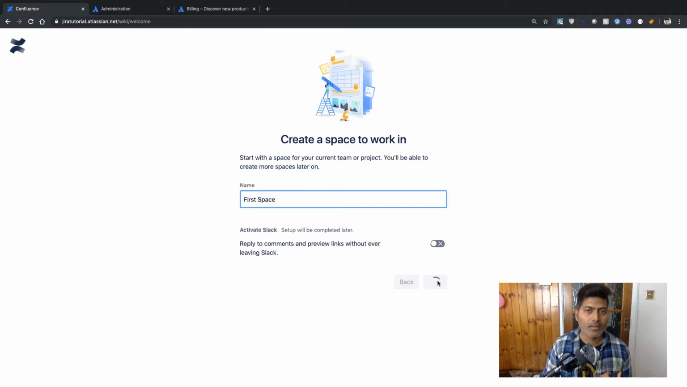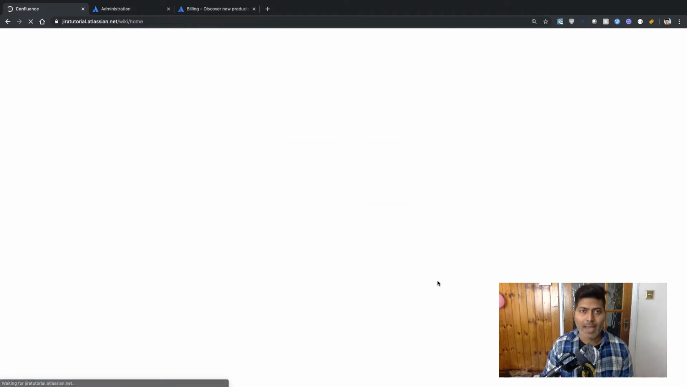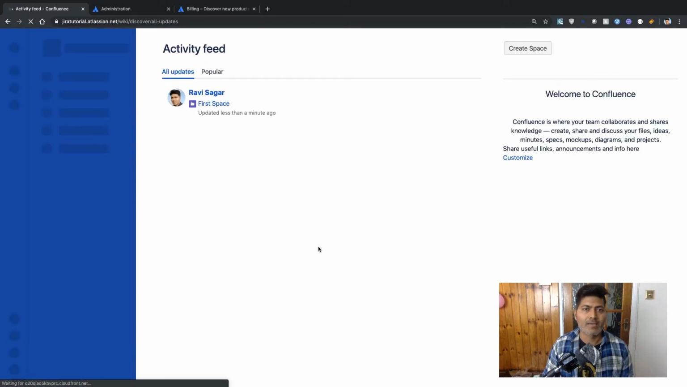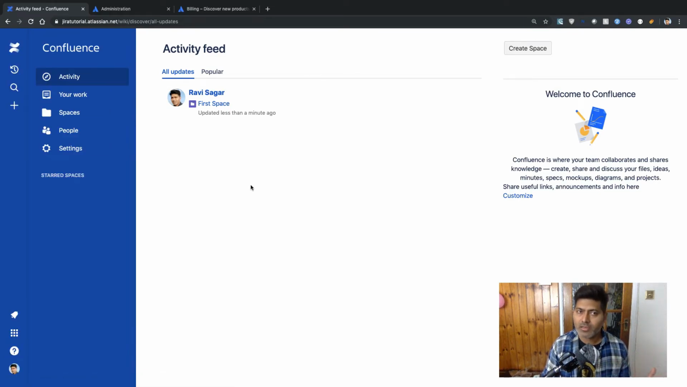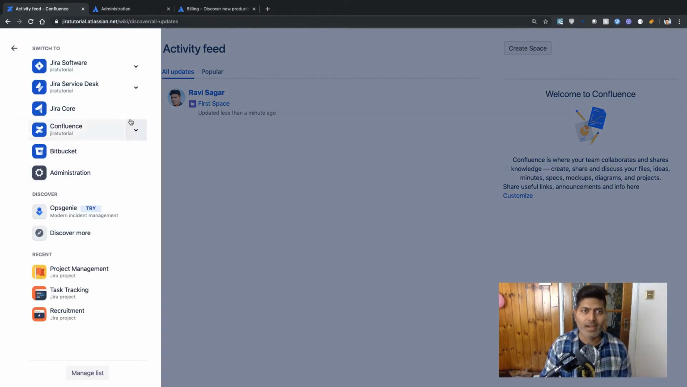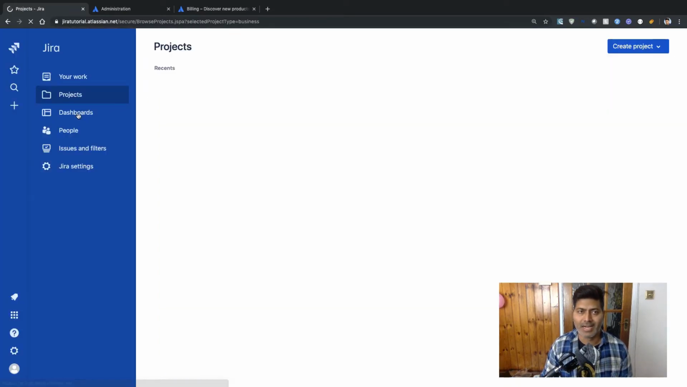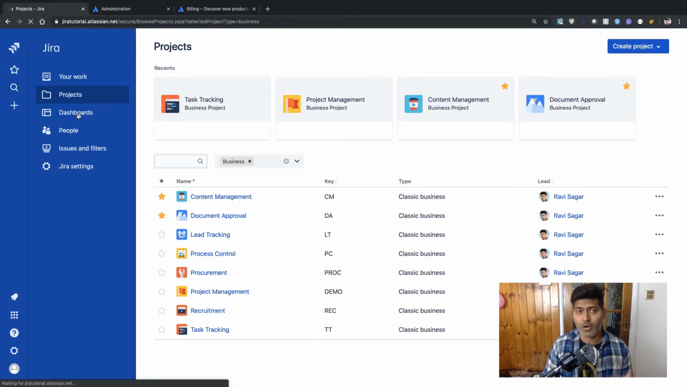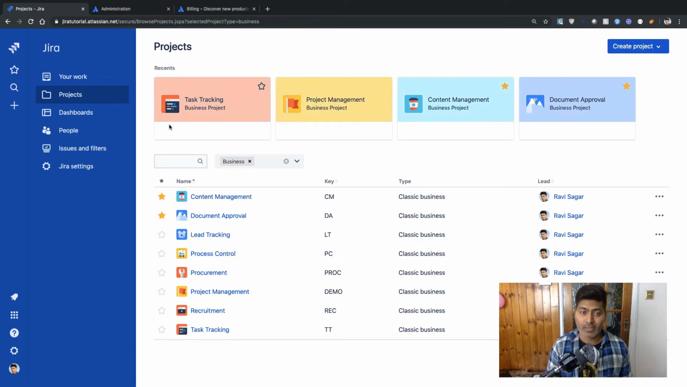So if I click on next button, let us see if I can start using Confluence, which I hope will happen in just a few seconds. So I'm now taken to Confluence, and I am now able to take a look at my Confluence instance. It looks quite similar to the Jira interface because you have the sidebar, and if you look at this option, let us say you want to switch to Jira again, so you can click on switch to, and then you can go back to maybe Jira Core and or maybe Jira Software or Jira Service Desk. So right now we are back to Jira,